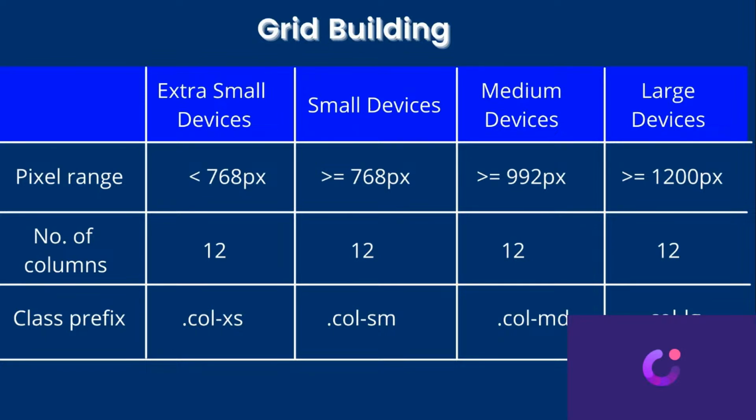So I cannot show you the large devices because the pixel number will be way more. But yes, for the other things, if the number of pixels is less than 768, then it will be maybe a mobile device. Extra small devices means mobile devices, maybe a 5-inch or 5.5-inch mobile screen. So it will be like that. The number of columns will be 12 for all screen sizes, as I said. Class prefix means when you will be splitting the